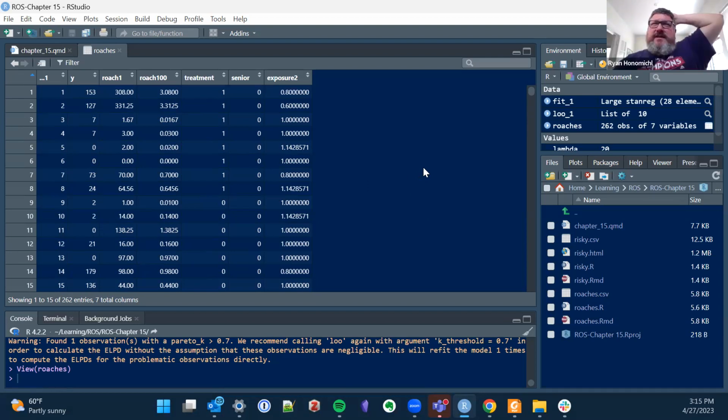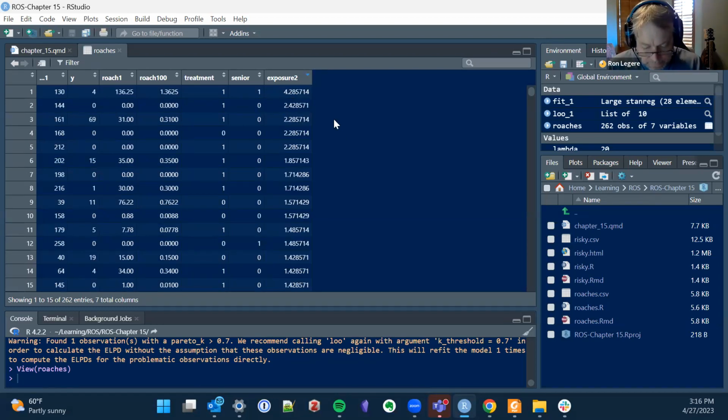So wait a minute, you're saying that exposure2 is the number of days where the traps were there? Yeah. Not the treatment, but how long the traps were there. Yeah, trap days. I got that wrong. So the treatment was just the treatment. It was a one-time application of pesticides or something, right? Yeah, so that's the treatment indicator.